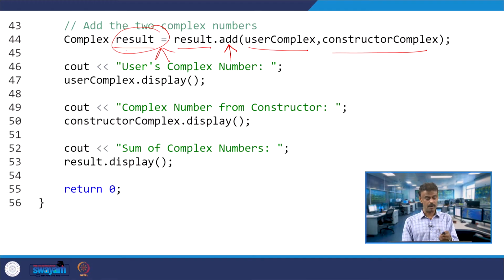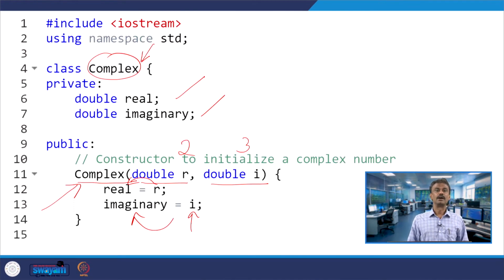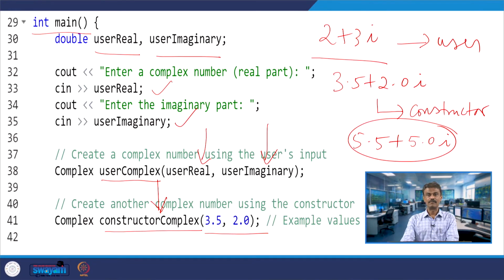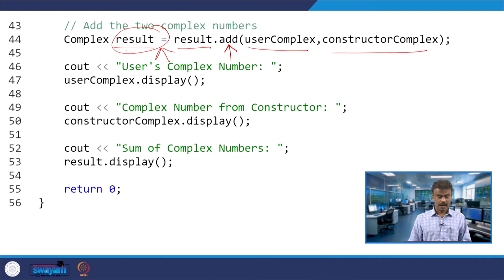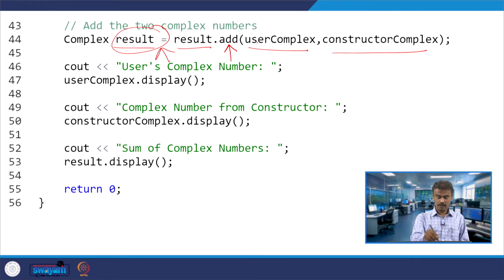Whenever I have a complex object, here the object is result. The result has real and imaginary, look at line number 6 and 7. That will be returned, and when this result dot add is invoked, the addition will be returned to result.